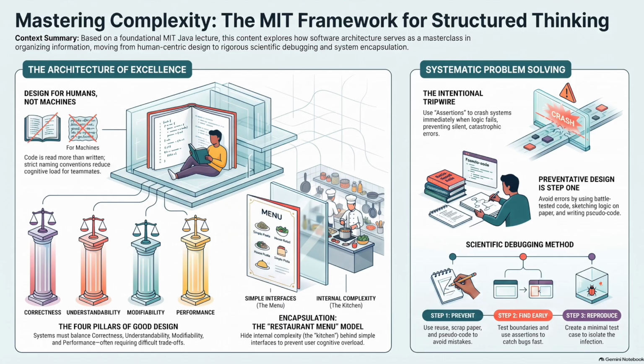Yeah. You can build a Formula One car for pure speed, but it's not going to be easy for the average mechanic to just open up and modify. I want to zoom in on that second pillar, actually. The idea that code must be easy to understand, because the source material spends a surprising amount of time on the grammar and styling of coding. It really does. It lays out very rigid naming conventions.